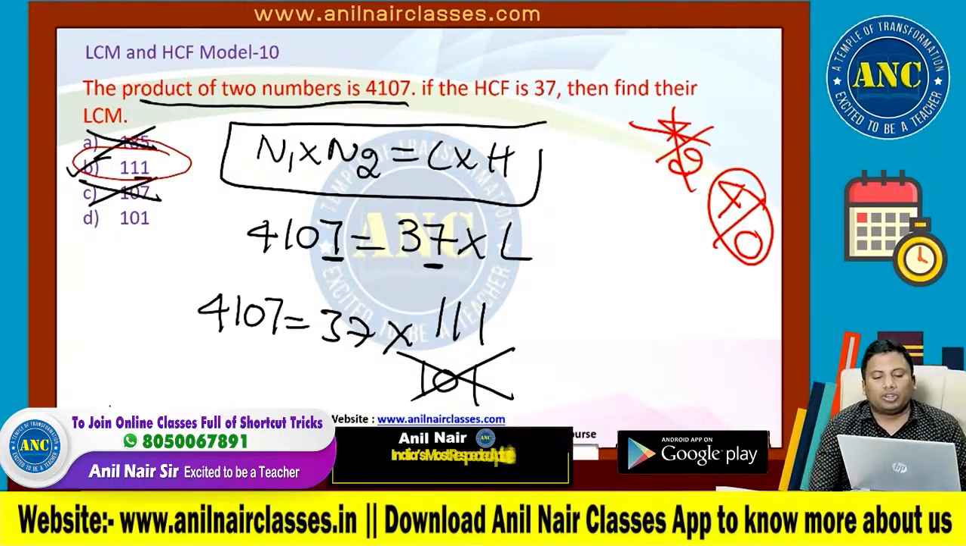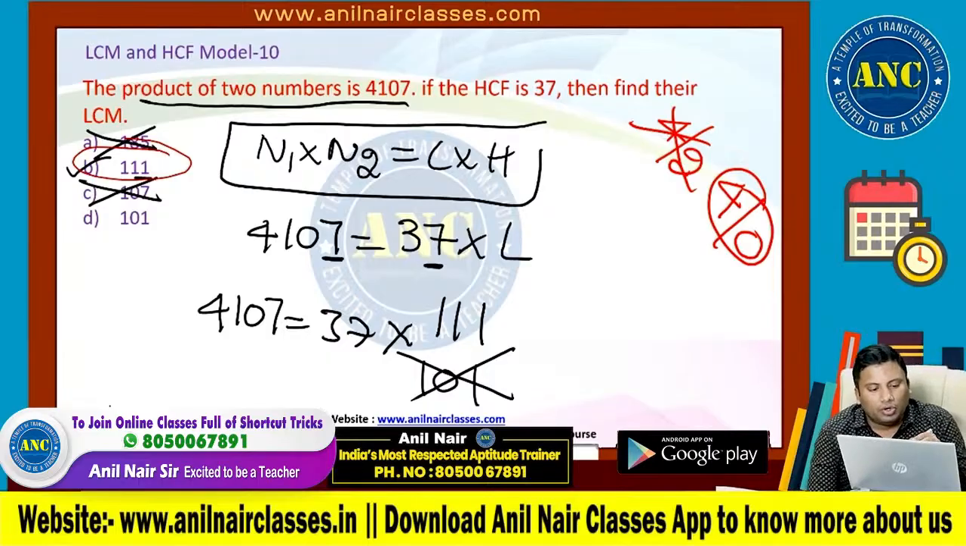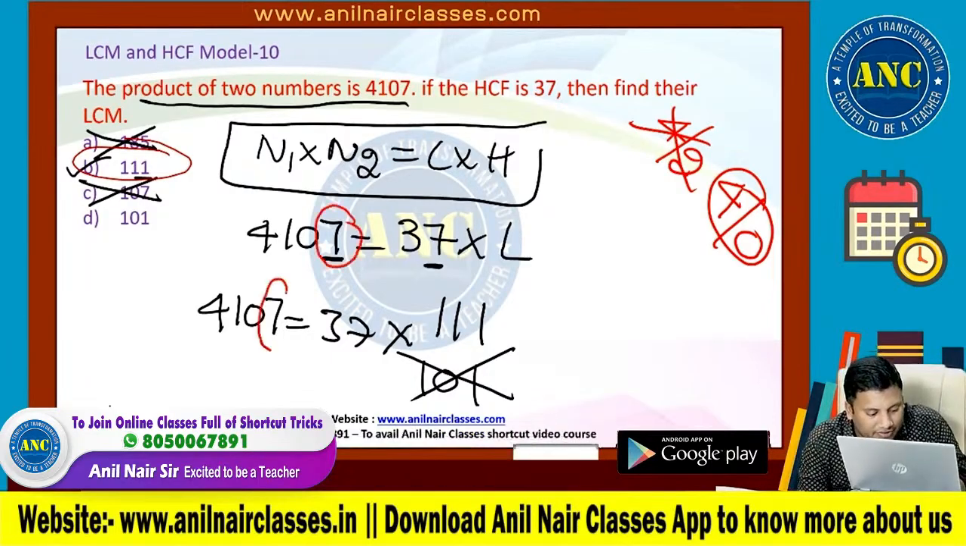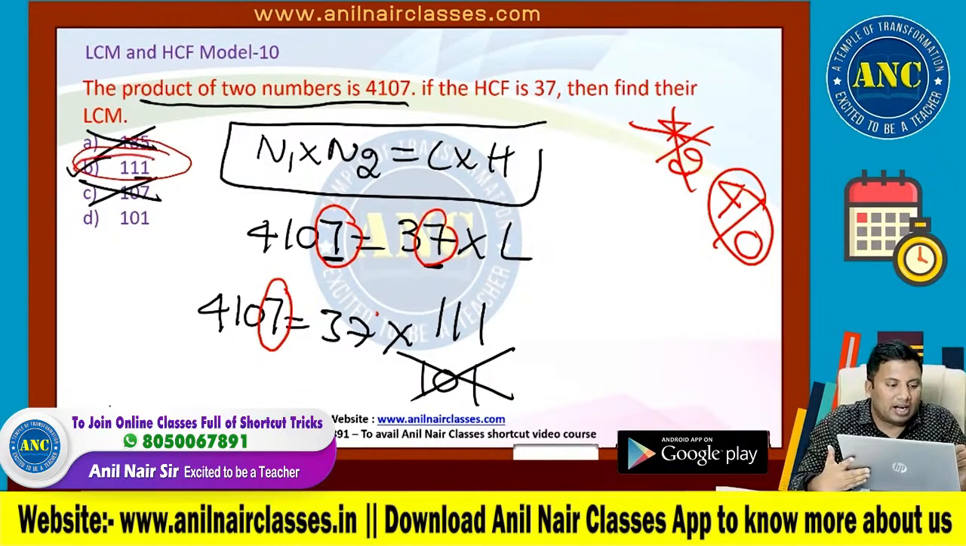4107 is equivalent to 37 into L. Unit digit is 7. If this is 7, the unit digit has to be 1, since 7 ones are 7. So the answer will be either 111 or 101. 101 cannot be the answer